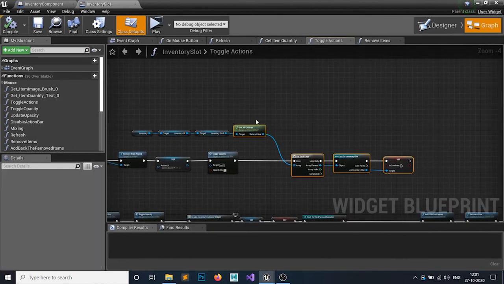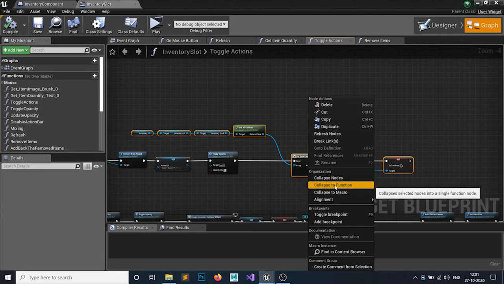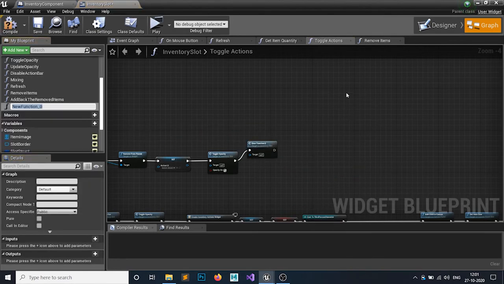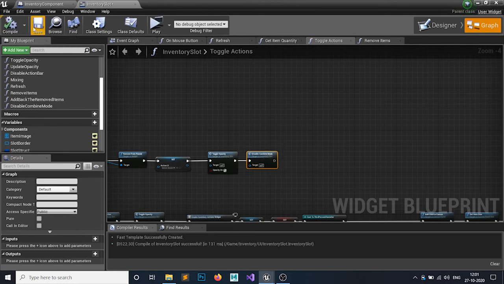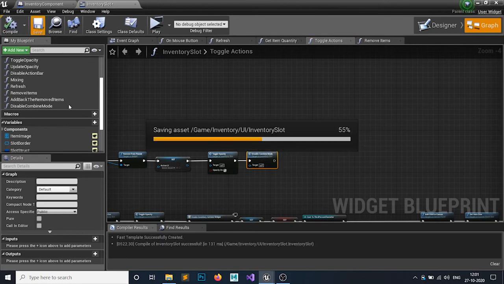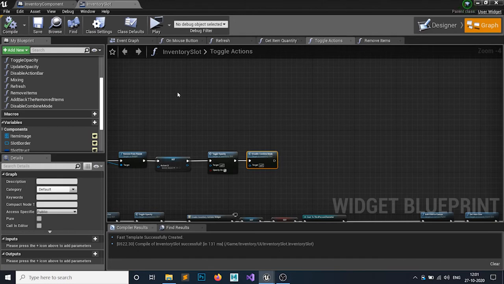So I'm just gonna select all of this, the combination, right click and collapse to function. I'm just gonna call it a function of disable combine mode, because you don't have to code this every time, you just call this function and it will do the coding.